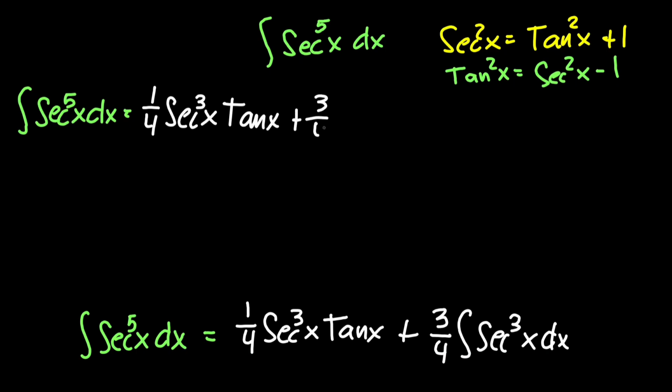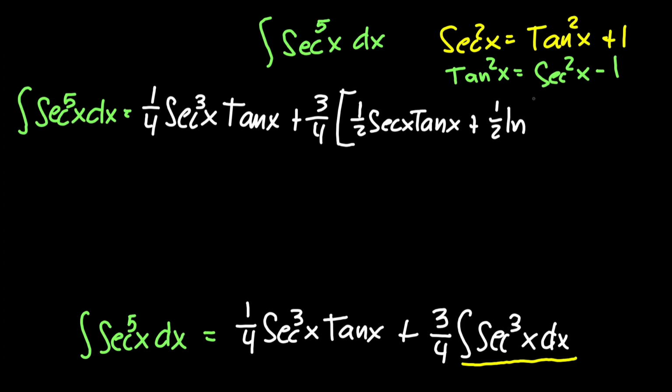Plus 3/4. And so the integral of secant³x dx, we solved that earlier, and the answer for that is equal to 1/2 secant x tangent of x plus 1/2 the natural log absolute value of secant x plus tangent of x plus c. And so our final answer right here